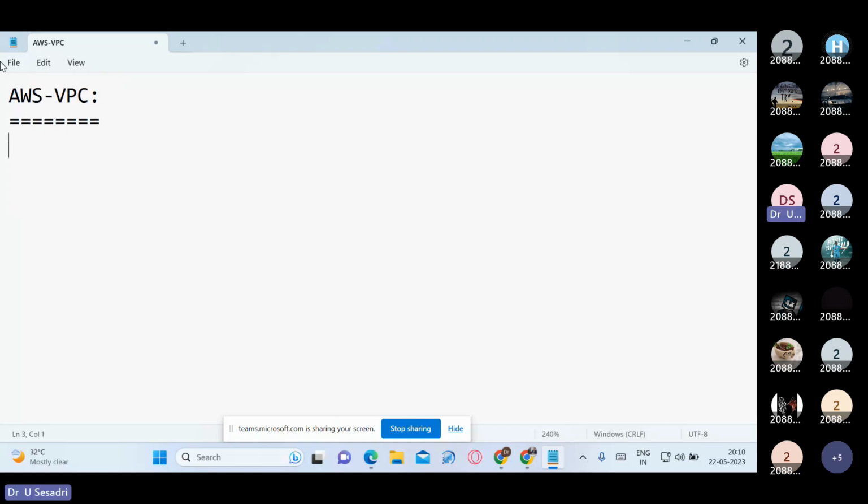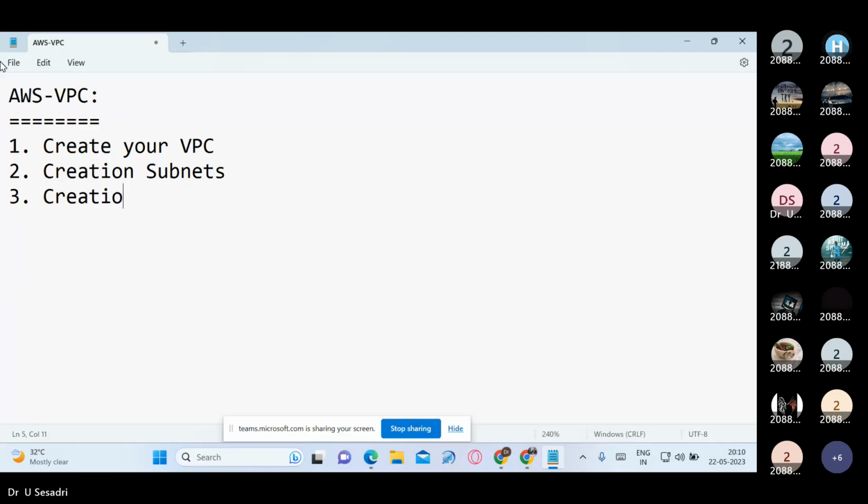In this session, we are going to discuss how we have to create your VPC, Virtual Private Cloud, and creation of subnets, creation of internet gateways, creation of routing table,